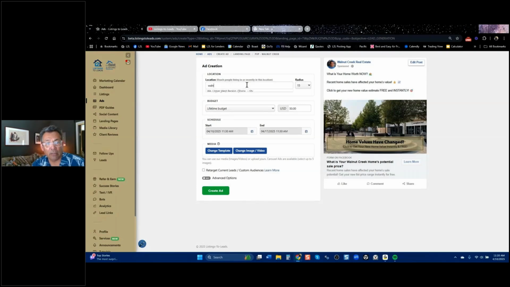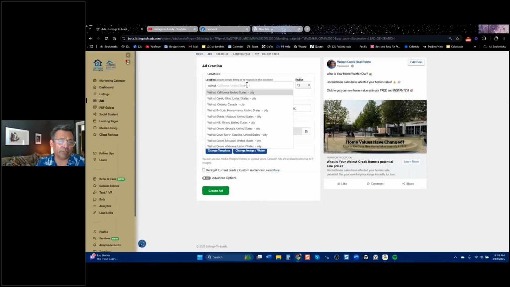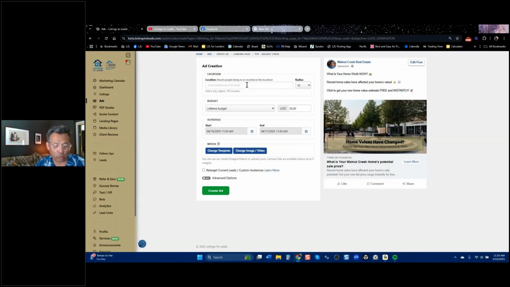So this is for a small town called Walnut Creek, California. Okay. And this is a town not far from me. And this little thing, there's a fountain. This is like the number one mall. It's an outdoor mall. It's a major shopping hub. Everybody knows what this is. So, if you have a picture of your main street or some major icon in your area, that's what you want to put on your landing page over here when you're creating a landing page, and then you run an ad.